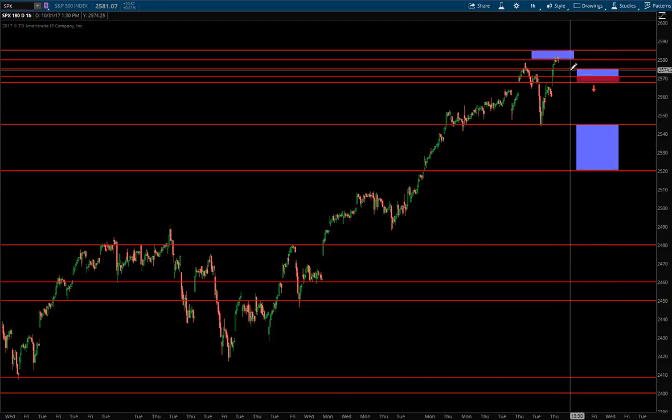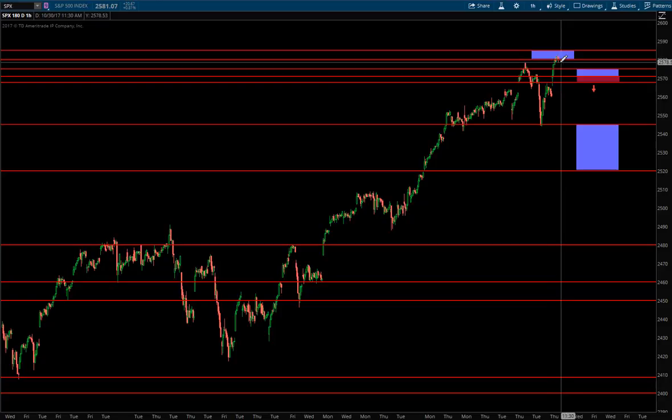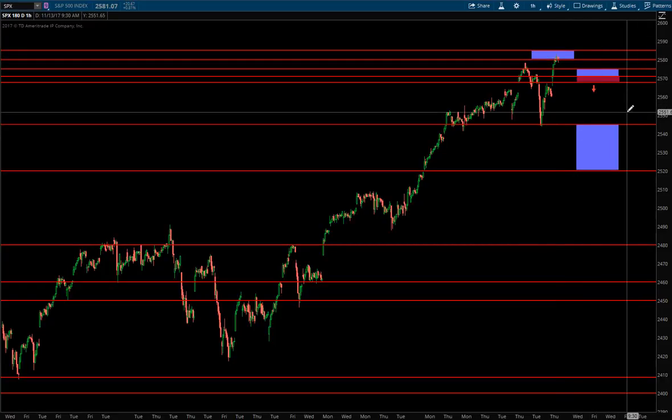At this moment, we're looking for support here. So we want to really pay attention to this level and this level this week and see what price actually does. If it breaks down below it, that's going to be very interesting. It's going to change things. If it holds it and continues up, then it's still on the trajectory to end somewhere between 25.90 and 26.20